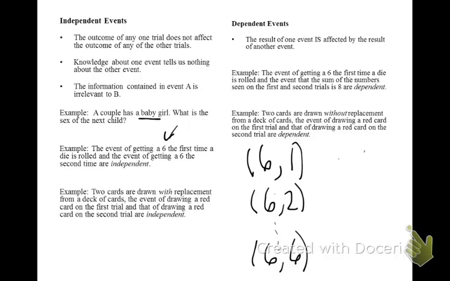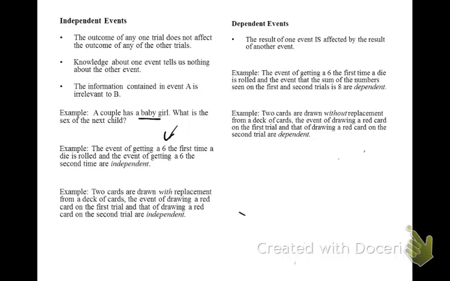So knowing that you got a 6 on the first roll and then trying to find the chances of rolling a second time and getting a sum of 8, there's only one case where that could happen, knowing that you rolled a 6 on the first roll. So this affects the probability that you'll sum to 8. They're dependent events.